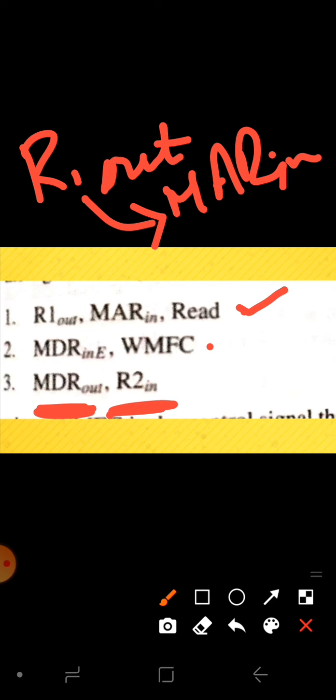So that is what we have written. The first step is to activate your R1 out, nothing but you will be sending the address to the memory address register, you will be activating a read signal, then you will be activating your data register input and waiting for the function to get completed, and at last from MDR you will be sending the data to register R2.